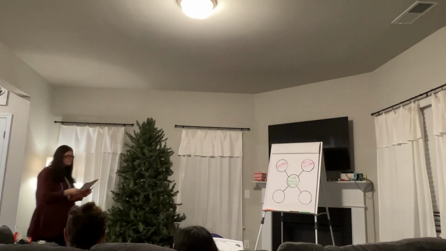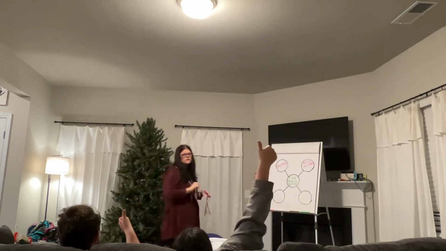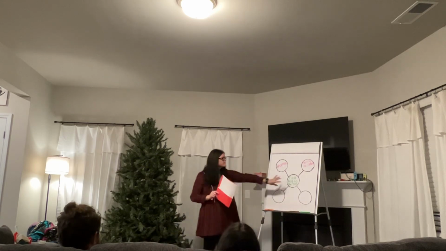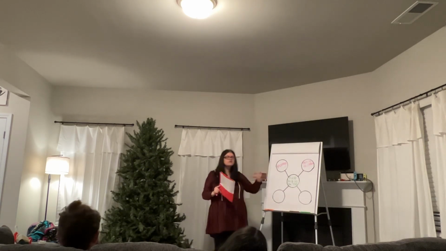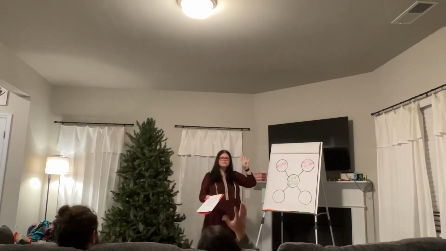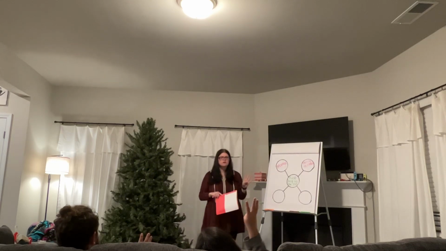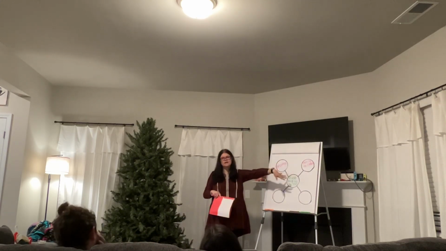Okay, so give me a thumbs up whenever we have written on your papers what we have written up here. Okay, awesome. So, what went in the middle here? The main idea. Yeah, the main idea or the topic of our paper. And that was our thumb whenever we think about our hand model. And then we're going to be coming up with 4 different ideas that go along with it. And we already came up with 2 together, which was seeing the monkeys and eating ice cream.